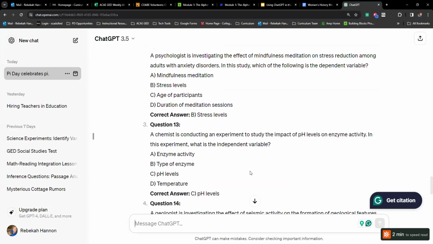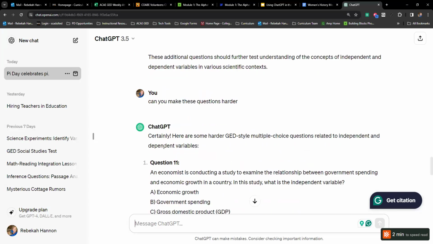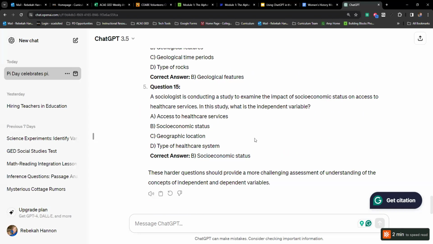So that's just one way. Again, I've utilized this week because this has been a struggle. This independent and dependent variable has just been a struggle with my students. So I'm trying to think of another. I use it for so much. Again, I use it a lot now for my Google searches. It's just to the point, and I can get more of a direct answer than sometimes having to go all around and everything.